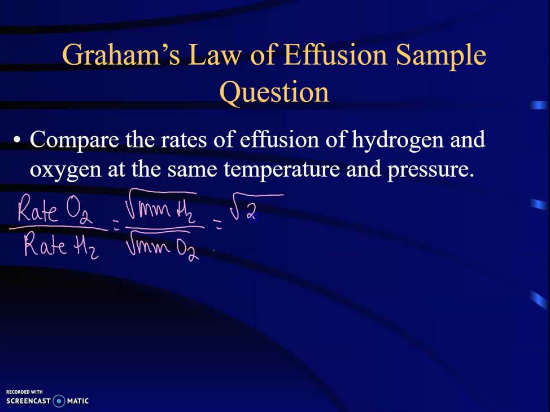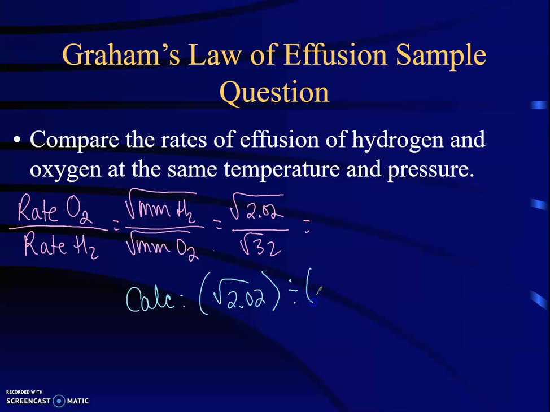And you plug in your 2.02 and your 32 here. In your calculator now, you would put parentheses square root 2.02 end parentheses divided by the square root of 32 end parentheses,